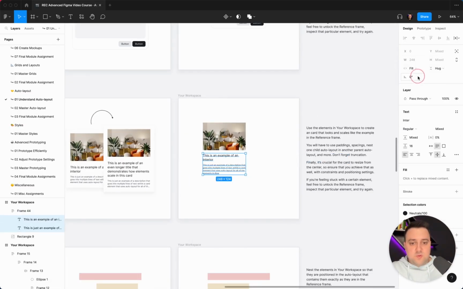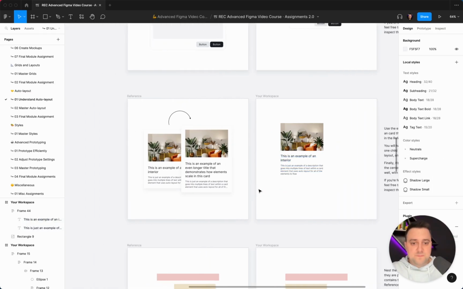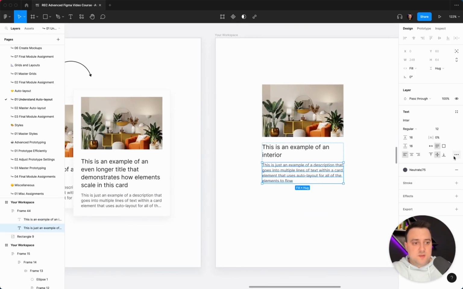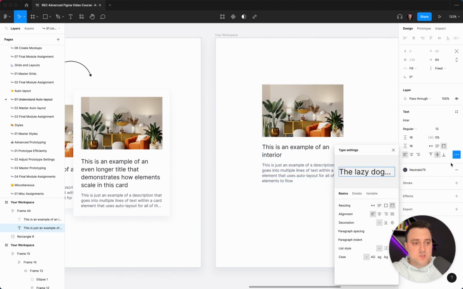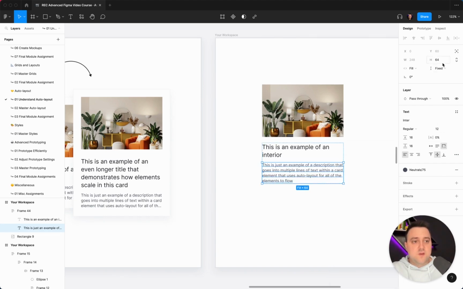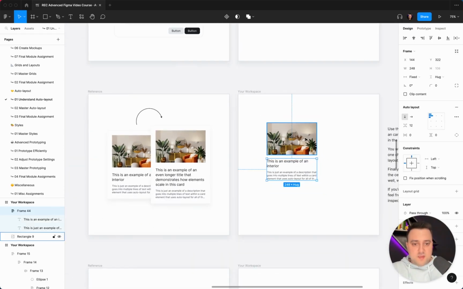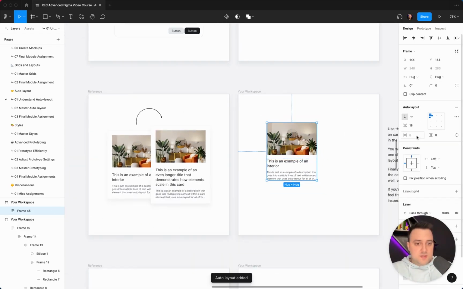I'm going to make both of them just fill container. I can already see that the text in here is too big, so I'm going to turn on truncation. And since the truncation is turned on, it now switched to fixed. And I just need to calculate how high the 3 lines of text would be. So I'm going to take the line height in here and multiply it by 3. And it works. Awesome. Now let's make an auto layout out of these 2 items, add some padding,